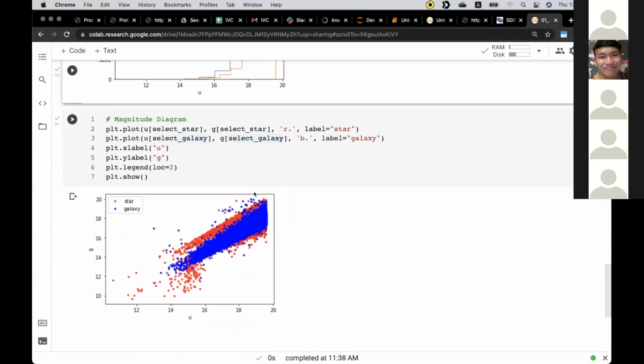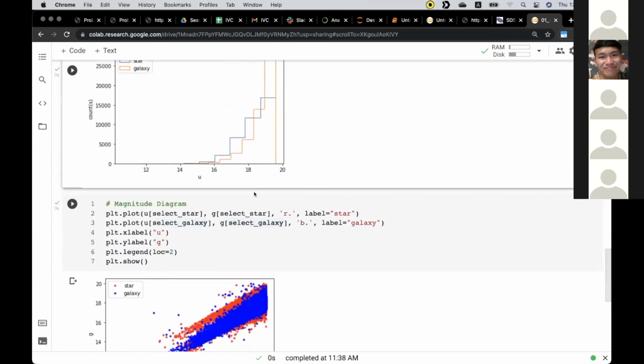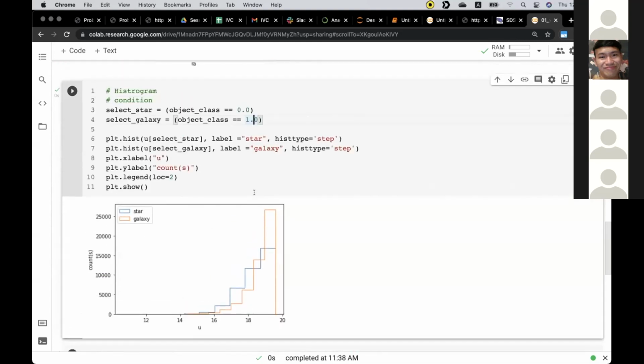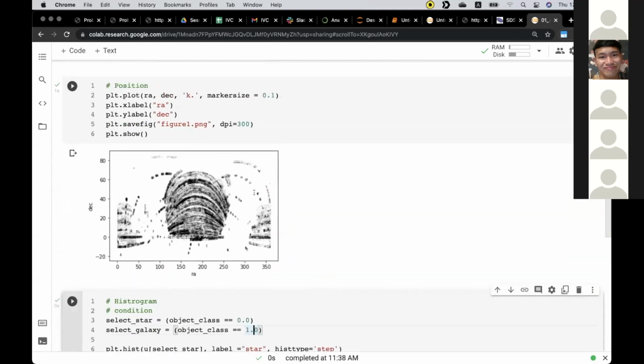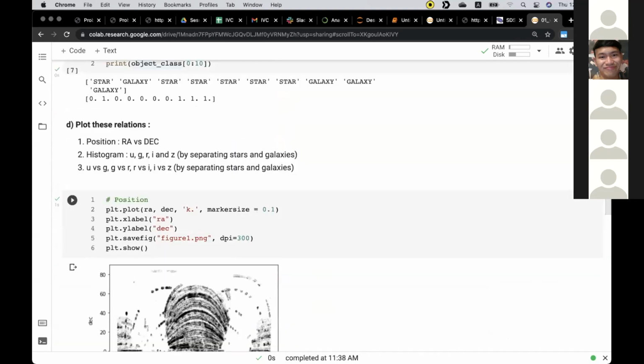So I think we can continue in the next shop. Okay, back to the